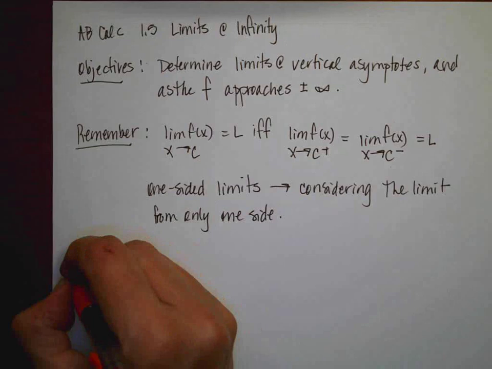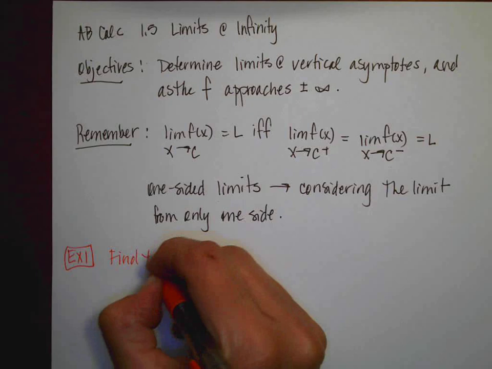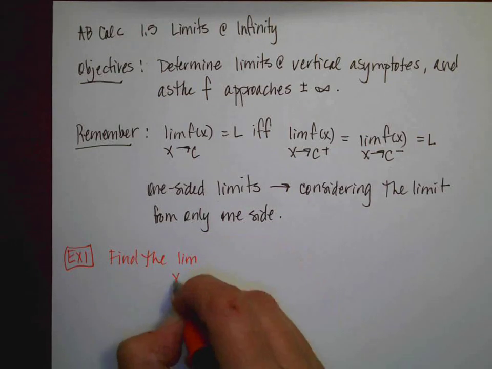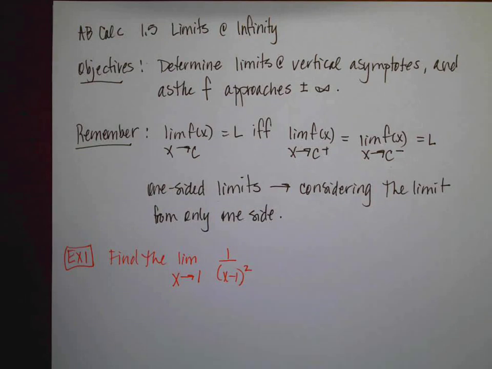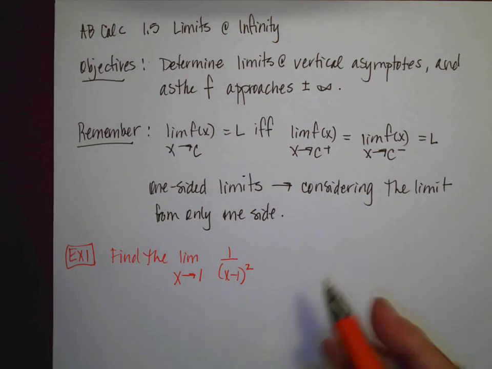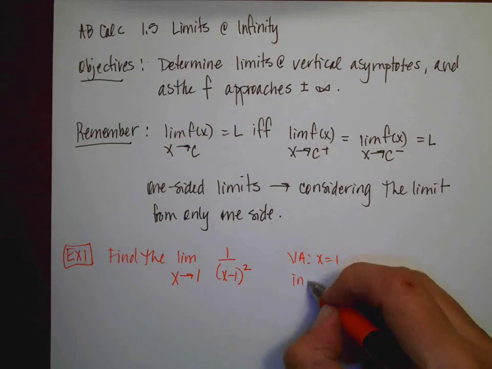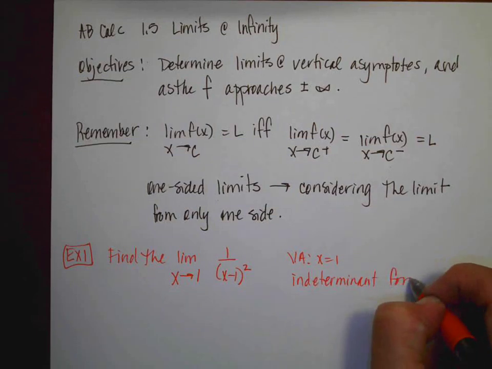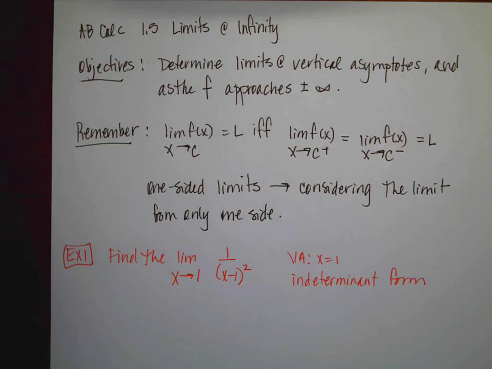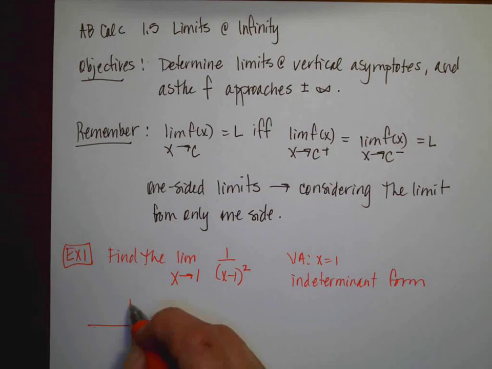And then one-sided limits are if we consider the limit from only one side. So let's just start with an example. Find the limit as x approaches 1 of 1 over (x minus 1) squared. Right off the bat, you should notice that I have a vertical asymptote at x equals 1. You should also notice that this is the indeterminate form because the world explodes if you substitute a 1 into the denominator. So I have nothing in the numerator, and I'm going to graph this